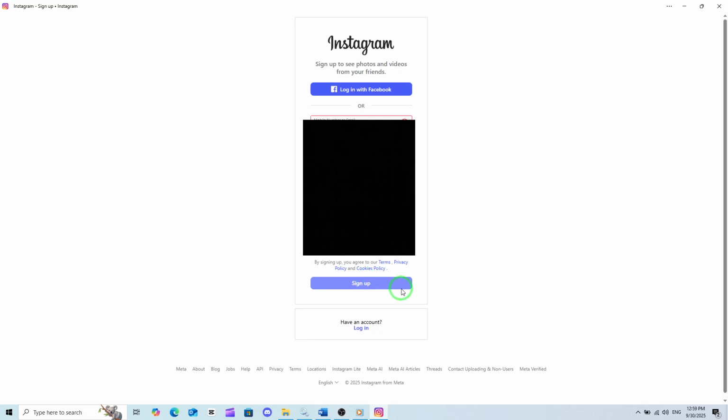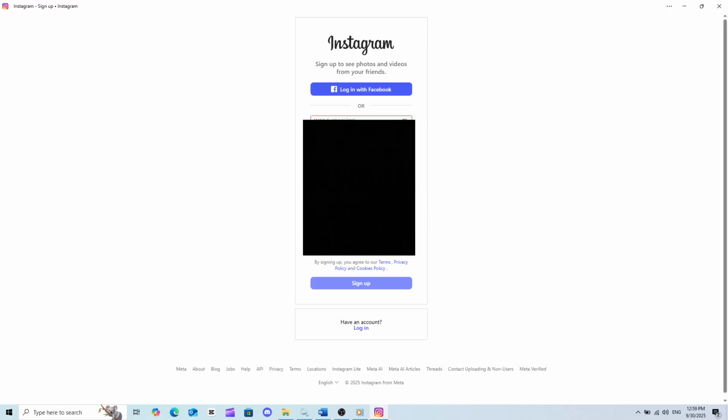Look over to the left side menu in the Instagram PC app and click on More. From here, scroll down until you see the option to log out. Confirm that step, and you'll be signed out of your account. Once you're logged out, you'll be taken back to the front screen of Instagram where you can repeat the process